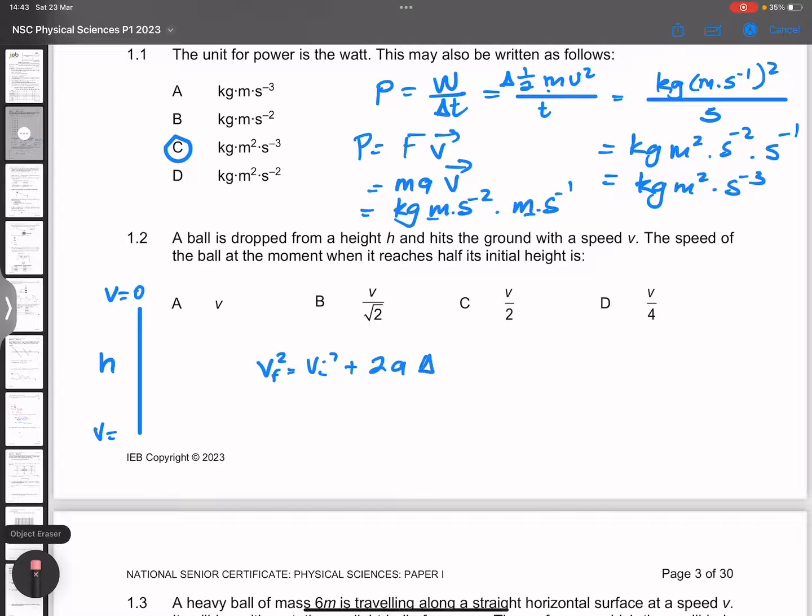Or delta y in this case, because it's falling, right? So initial velocity is 0, plus 2 times our acceleration, okay? Times delta y is our height. So to get vf, that would be the square root of 2 times a, or you can say g,